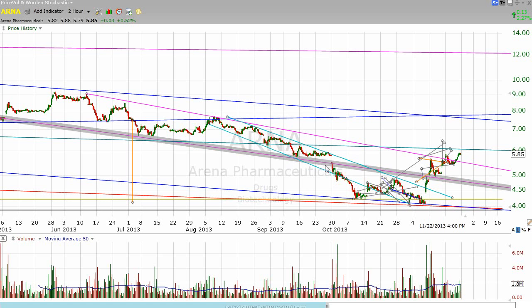We broke down underneath this descending channel that is the larger purple channel. And at that point, we also broke down underneath this descending turquoise line, which really, if nothing else, says that all of the selling from June through the middle of September, actually the end of September, all of that selling had been very controlled. It was selling pressure, to be sure, but it wasn't just this panic that we saw